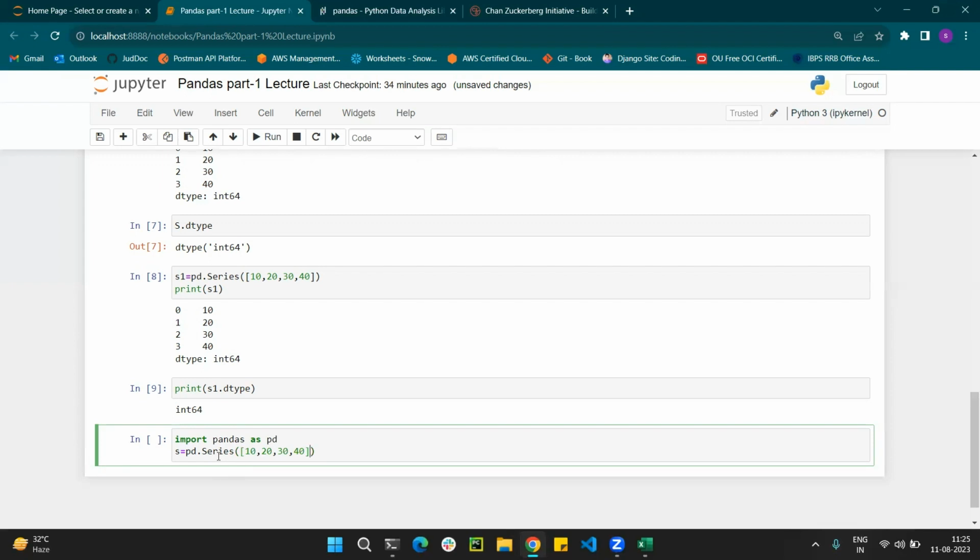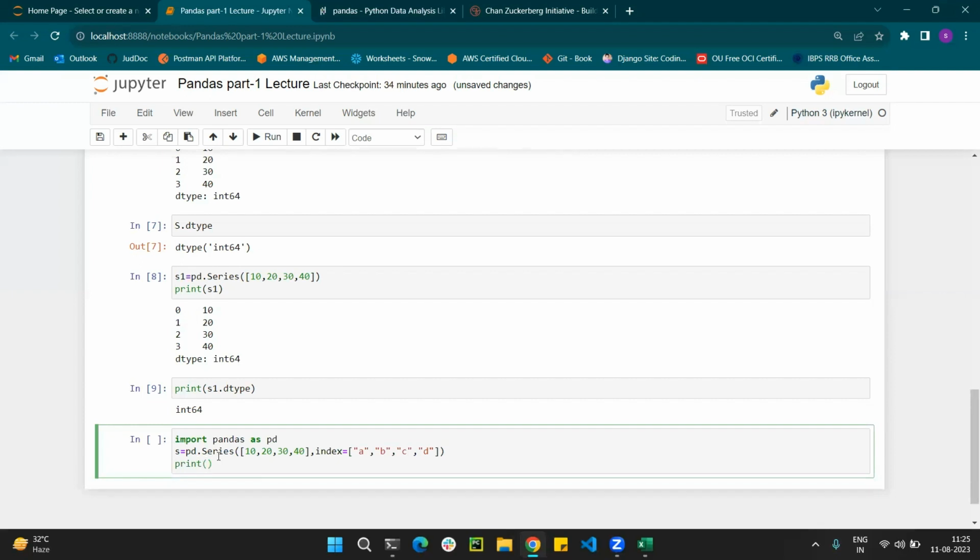And comma index equal to, sorry, A, B, C, D. Let's see what output comes. Previously you know it gives the output with index like 0, 10, 1, 20. Now what happened here?